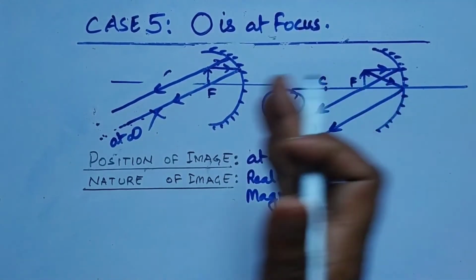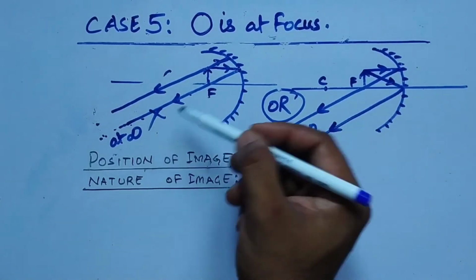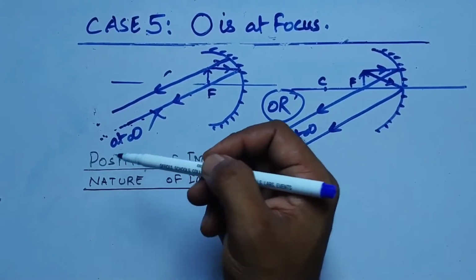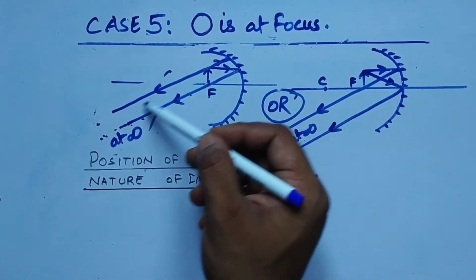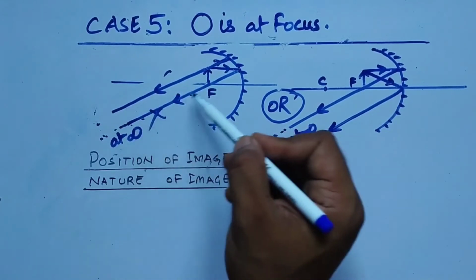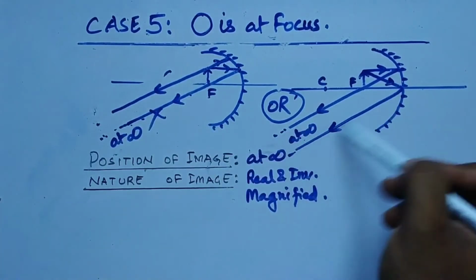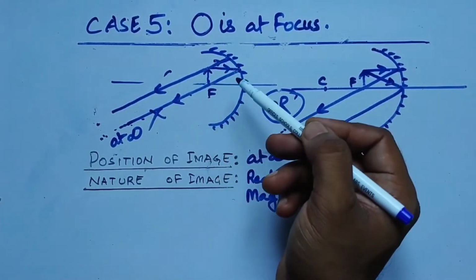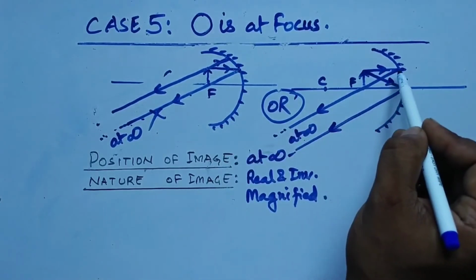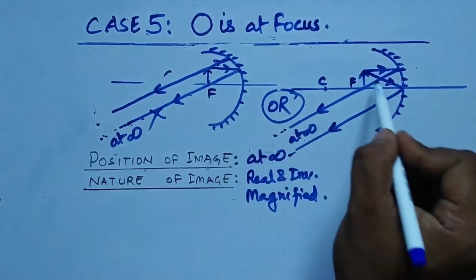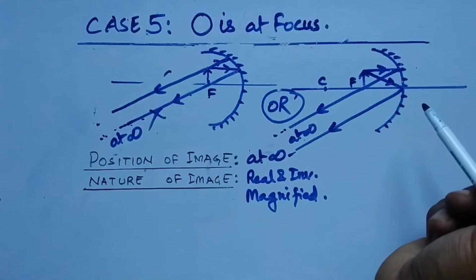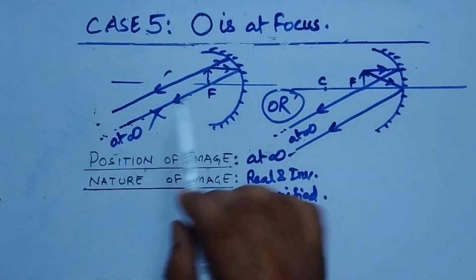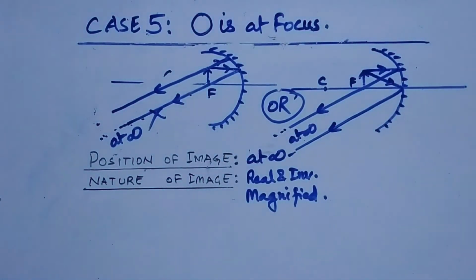इस डायग्राम में सिमिलैरिटी यही है कि दोनों में एक तो ऑब्जेक्ट फोकस पे है और सेकंड थिंग इज़ दैट इमेज जो हम इन्फिनिटी में बता रहे हैं कि इन्फिनिटी में बन रहा है, तो उसके लिए हम क्या कर रहे हैं, we are saying that the reflected rays are parallel to each other in both the diagrams. केवल डिफरेंस यहाँ पर ये हो गया कि यहाँ पर हमने दो जो स्टैंडर्ड रेज मानी हैं, वहाँ पर एक तो सेम है दोनों में, और एक स्टैंडर्ड रे इसमें ये थी और इसमें स्टैंडर्ड रे हमने ये मान ली. तो आपको पैरेलल यहाँ पर रिफ्लेक्टेड रेज को दिखाना बहुत इंपॉर्टेंट है, और इन दोनों डायग्राम्स में you can draw any of the diagrams which you like.